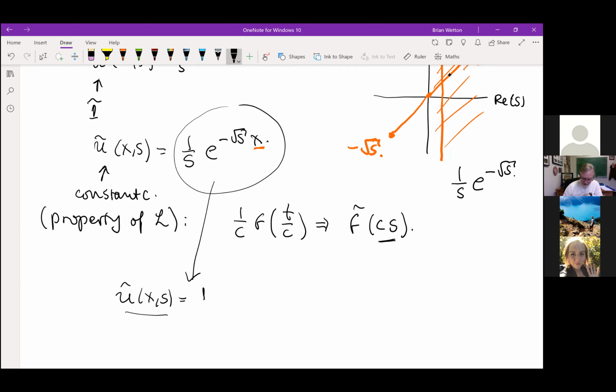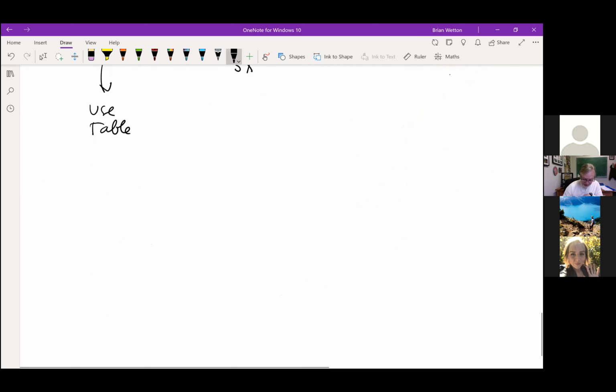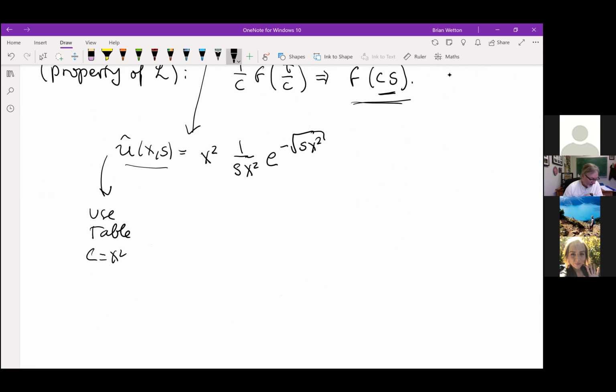So what am I going to have? I want to have 1 over s times x squared, so that I can have an e to the minus s times x squared. So I can use this idea. But then I have to multiply by x squared to make it the same as it was before. Right, and so now I can use the table for this transform with c equal to x squared, right, to get